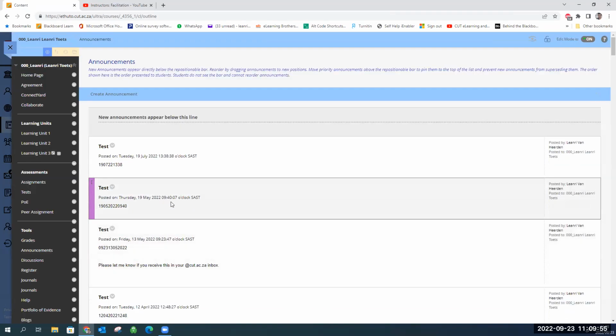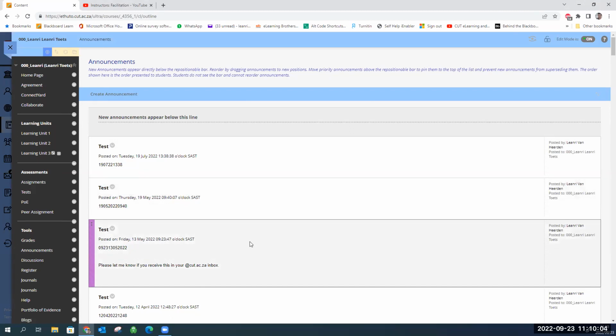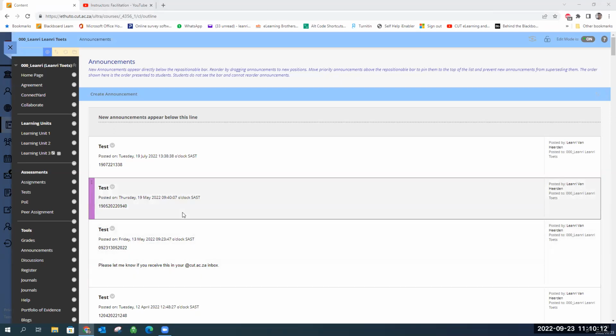So announcements are one-way correspondence, one-way meaning that it's from lecturer or instructor on the page to student. There's no back. So the student can't reply back to you on an announcement. So it's just a one-way kind of like letting them know something, maybe class has changed, times have changed, or when tests are, or just reminders or anything like that. Now, how the announcements work is newest ones are always at the top. So you can see here that July is after June, but we can